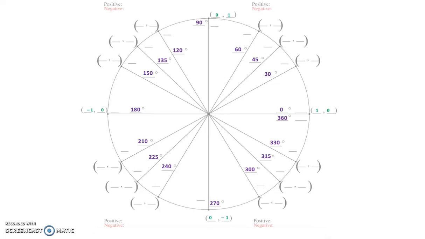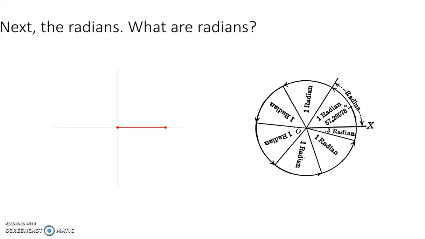Hi everyone, this video is going to be looking at radians. If you hadn't watched the review video, I've got the animation on the screen now, which shows you that a radian is actually the radius of a circle turned into an arc around the outside. So that's how long a radian is, and it fits in